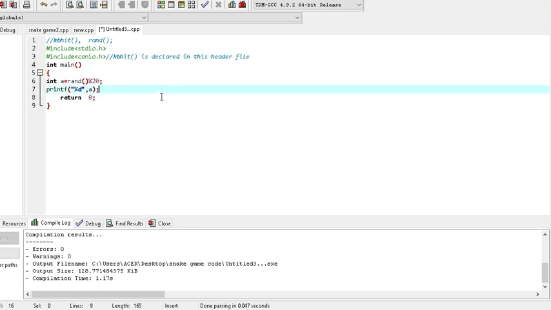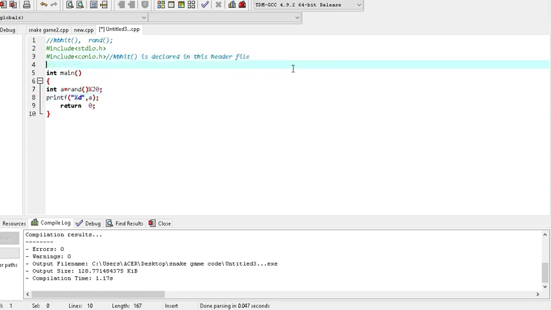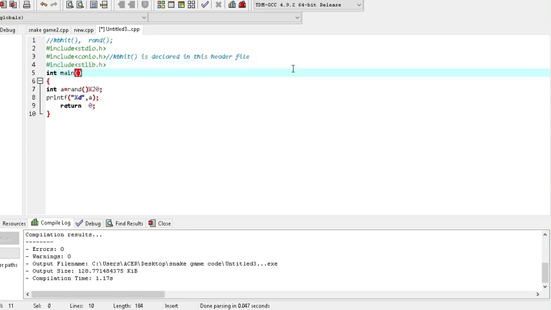If you are using this rand function, it's necessary to include this header file, because the rand function is declared in it. The rand function will generate a random, very big number, and we take its modulo by 20.